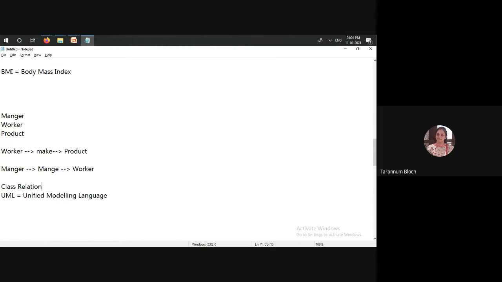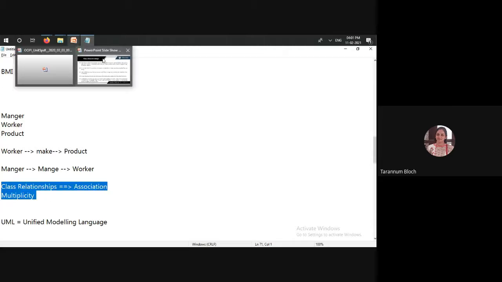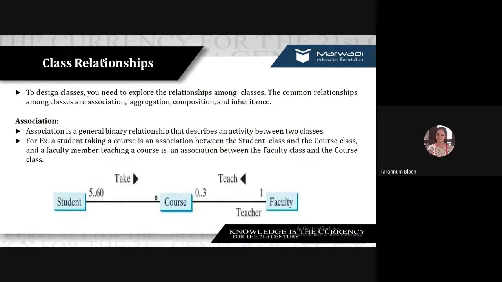We said there are four types, and from that we discussed association, and the number of entities taking part in the relationship we call multiplicity. So we have seen the symbols, how we can specify the multiplicity in the diagram. So this is the design phase. These designs will be given to the developer, and from this design, the developer will do the coding. Fine. So that's it for today.